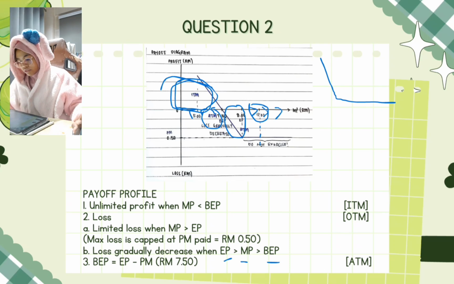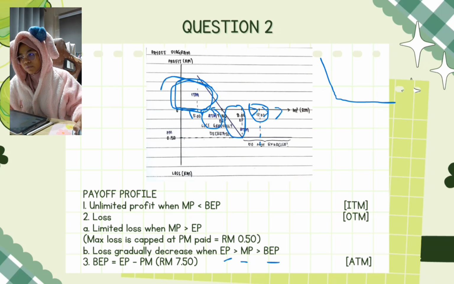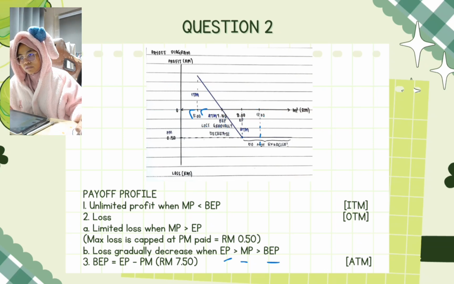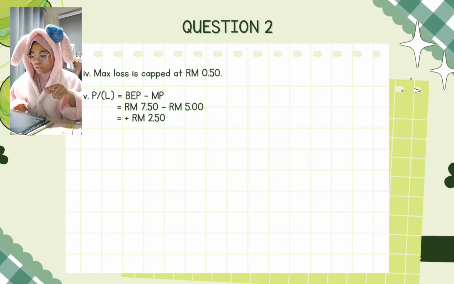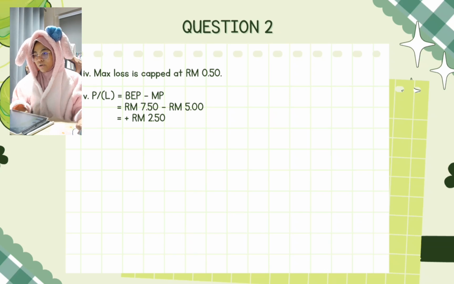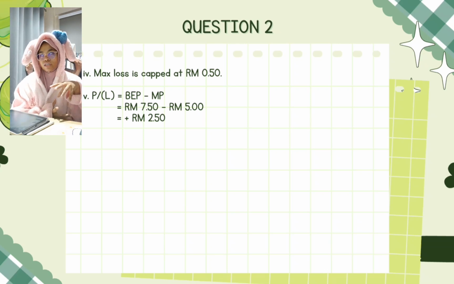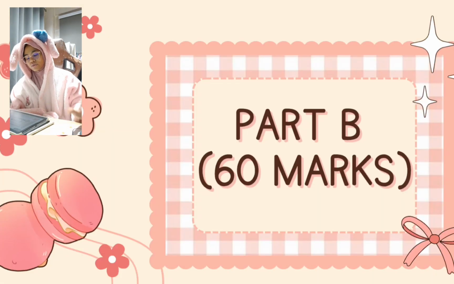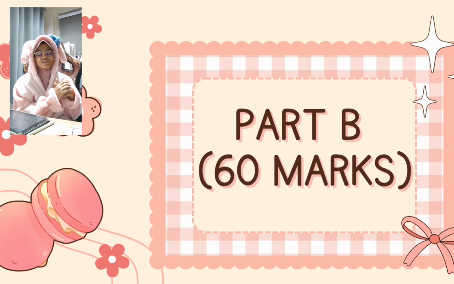Okay, so we have to find the profit and loss when the price declined to 5 ringgit. Wait, let me clean this up first. So when the market price is at 5 ringgit, which is in the money, the formula for this is BEP minus market price, which is 7 ringgit 50 cents minus 5 ringgit, so you will gain a profit of 2 ringgit 50 cents. So next question, oh, we already moved on to the next part, which is part B, which consists of 60